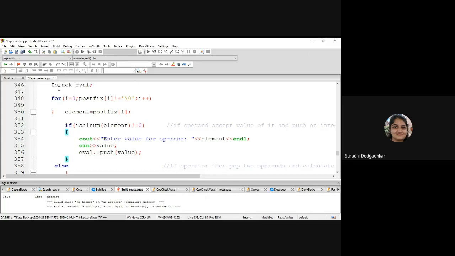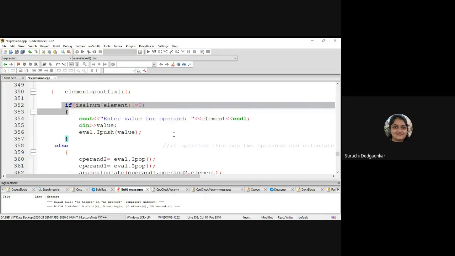The stack is an integer stack object, I stack object eval. Okay, eval is the name of the stack object. So we are using that object, val dot I push val. Okay. So if an operand is there, you are reading the value and pushing it into the stack. If an operator is there, it is not an operand, then it is an operator. So in case of an operator, we are popping values twice.